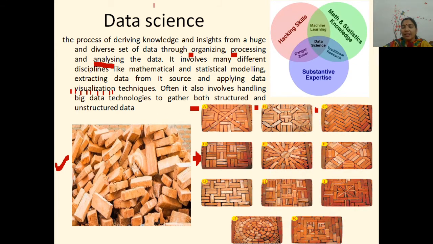So data science utilizes a lot of analyzing techniques, and as a result you would be able to get so many skills: the hacking skills, the expertise of various things, and then mathematical and statistical things, machine learning, traditional research, danger zone. Data is always in danger, and because it is very costly, whatever is costly is in the danger zone. So security features we have to look about.